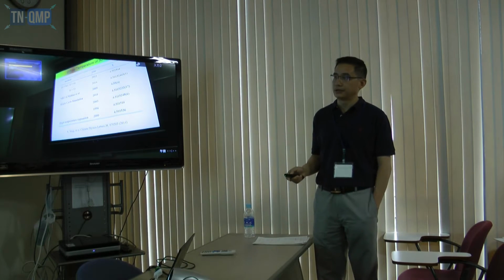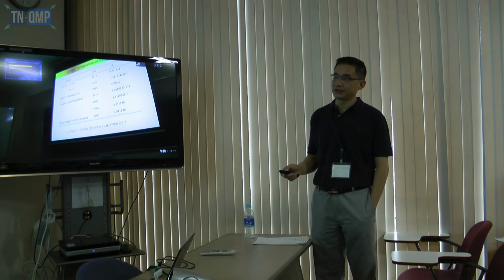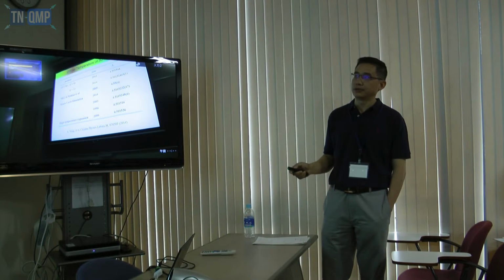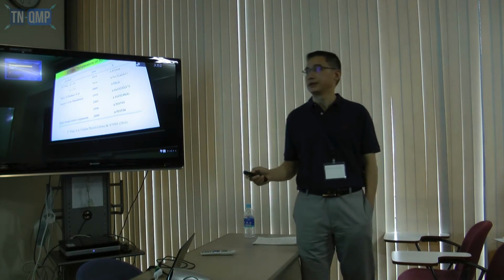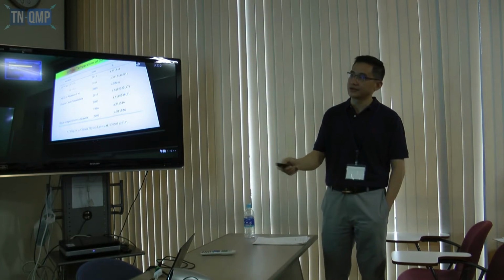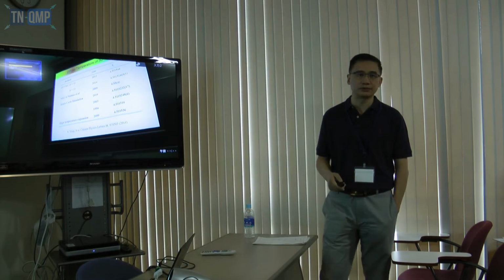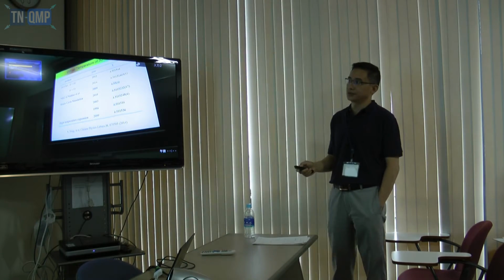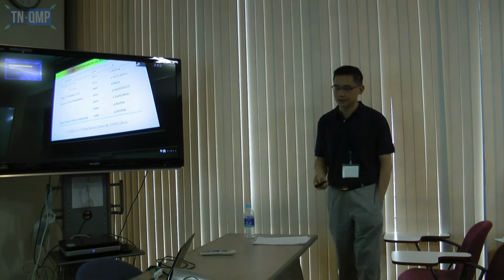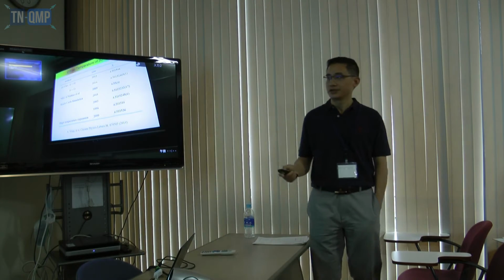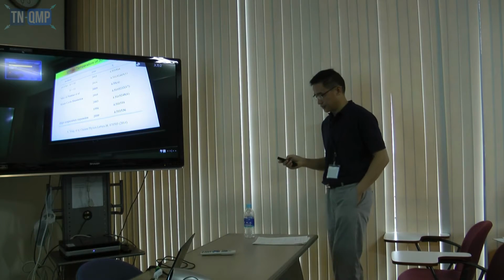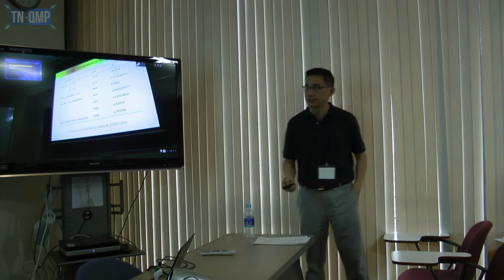We should also mention that someone did an HOTRG calculation many years ago. In that case, his D was only, I think, 2 or 3. For 2, I think it's reasonably okay for this value. Unfortunately, he didn't do this for larger bond dimension because I think it cost more CPU time to do that.